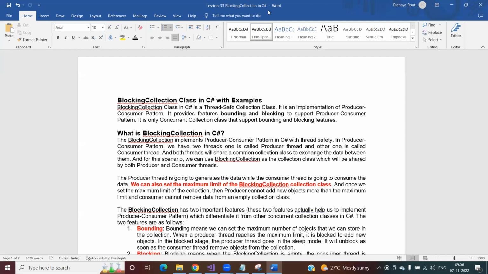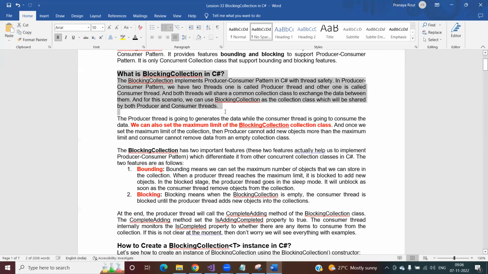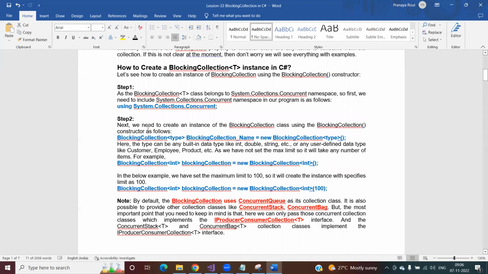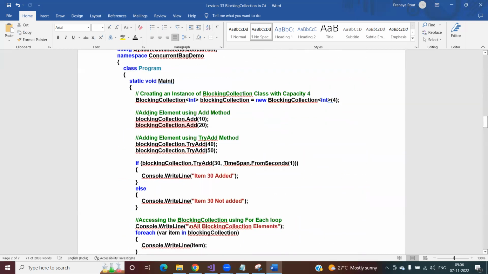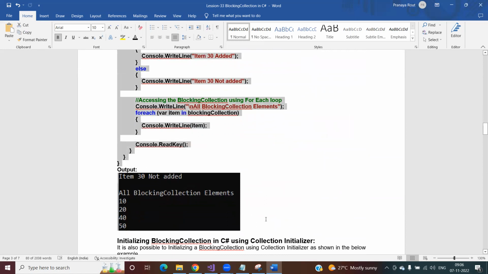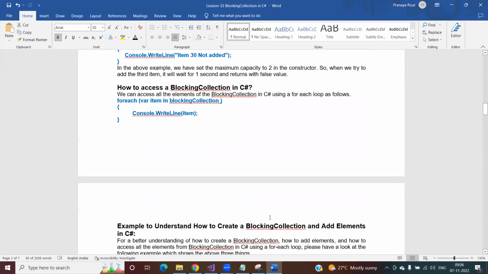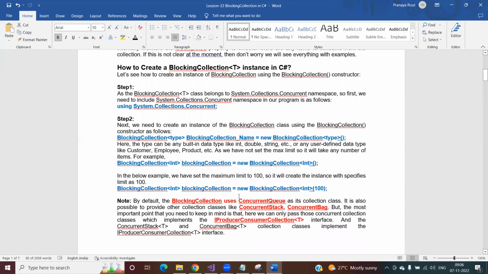Documentation will not cover everything. Example code is available in the documentation. I will provide you the examples, but you have to attend the session. You can do the example by yourself. I will share the code, but the explanation: what is this bounding, what is this blocking, what is this collection class, how to create the steps, everything is not going to be there. What will be there is this example, what I'm showing, which I'm going to provide. So you have to attend the sessions,